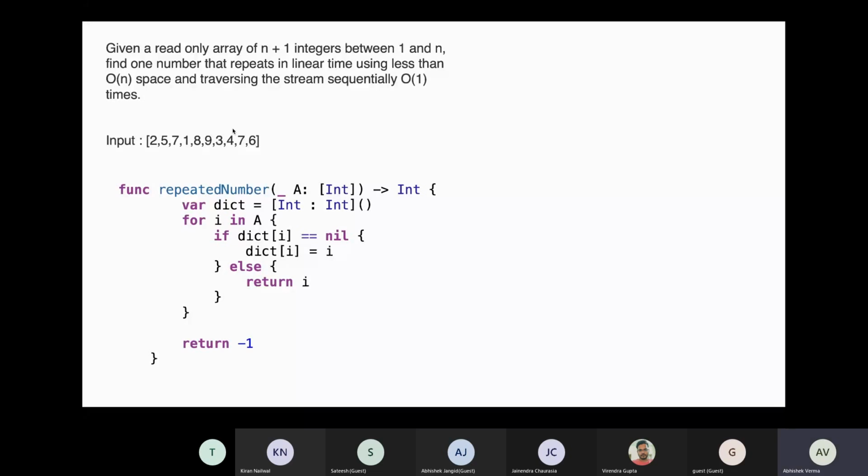One more solution we can think of is we can sort this array and then we will try to find out if the previous index we have read so far is matching the current index. That way we will be able to identify that repeated element. So this will also be one of the solutions which we can propose. This solution has time complexity of O of n log n, and space complexity will be O of n.